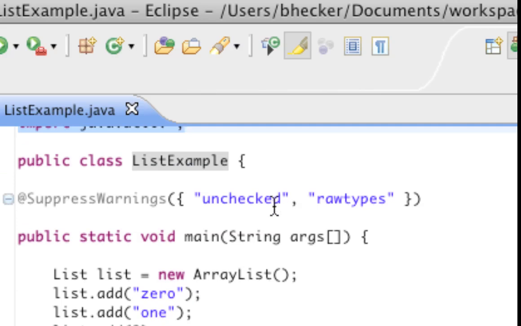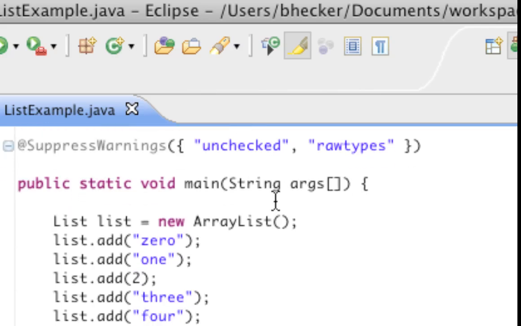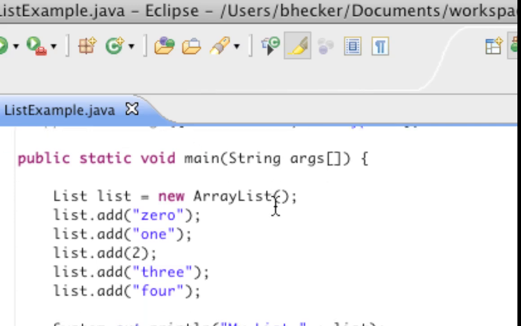I've got a warning because I'm not doing any type checking, and I'm not listing any types actually. I'm using the raw type, object type, which means if I do any manipulation on this, it's not going to work. I'll demonstrate that in a few minutes so you can get a feel for what I'm talking about. If you're a C++ programmer, you're going, what? You have a typed list structure? How does that work? You can actually get away with it with these collections, because what does it matter if it's a list of numbers and